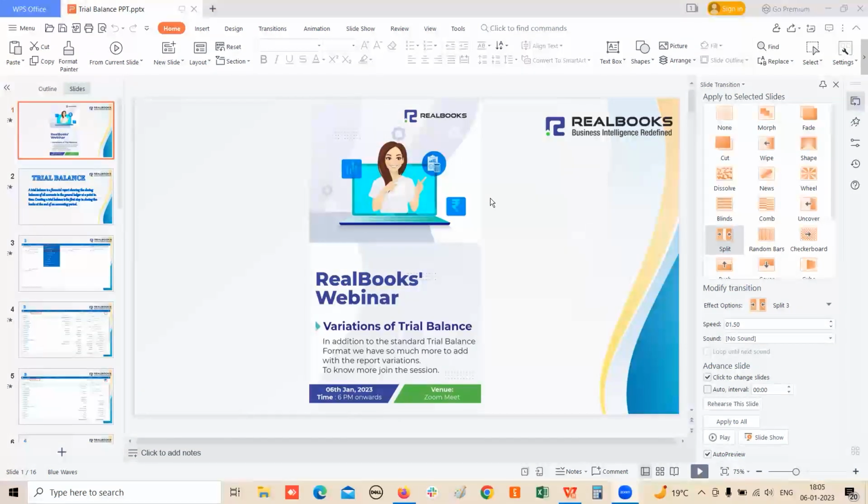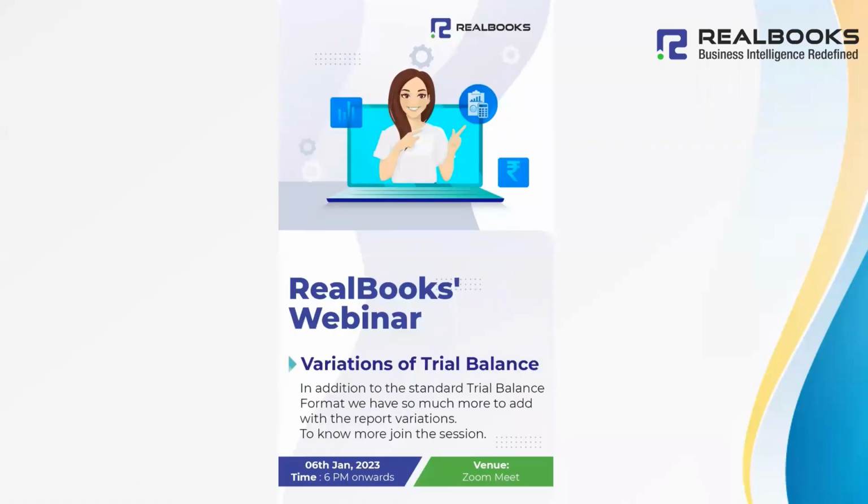So we are back again with our new session, which is variations of trial balance. In addition to the standard trial balance format, we have so much more to add with the report variations. To know more, we'll be elaborating our session today. So let's begin with today's session, which is on trial balance. In addition to the standard trial balance format, we have so much more to add with the report variations, which